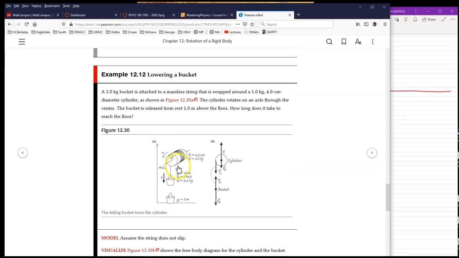Okay, so you have something like a pulley, and it's spinning, and then you got that bucket. You know, it's like something on top of a well. And so anyway, let's read it. It says a 2 kilogram